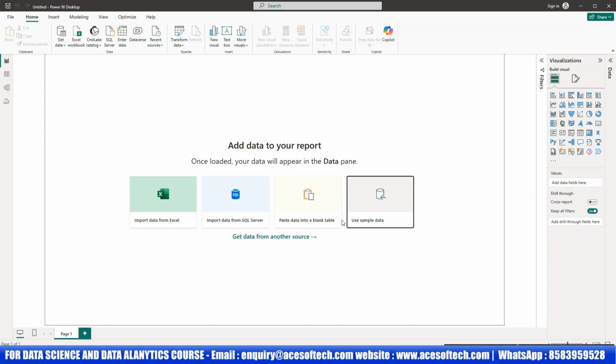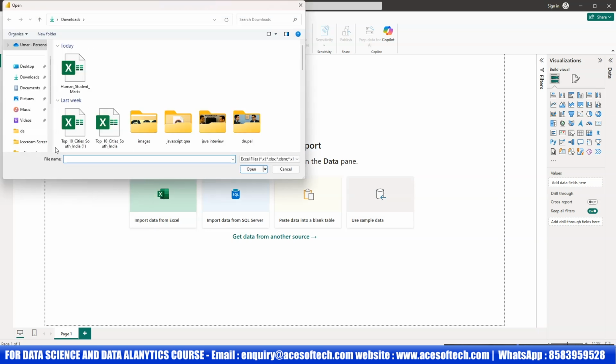As you know, Power BI is a powerful business analytics tool. In this video I will show you how you can import Excel data into Power BI. As you can see, the first option given here is import data from Excel, so definitely I will use this one. Just click on Excel, and then I have one data file, so I will